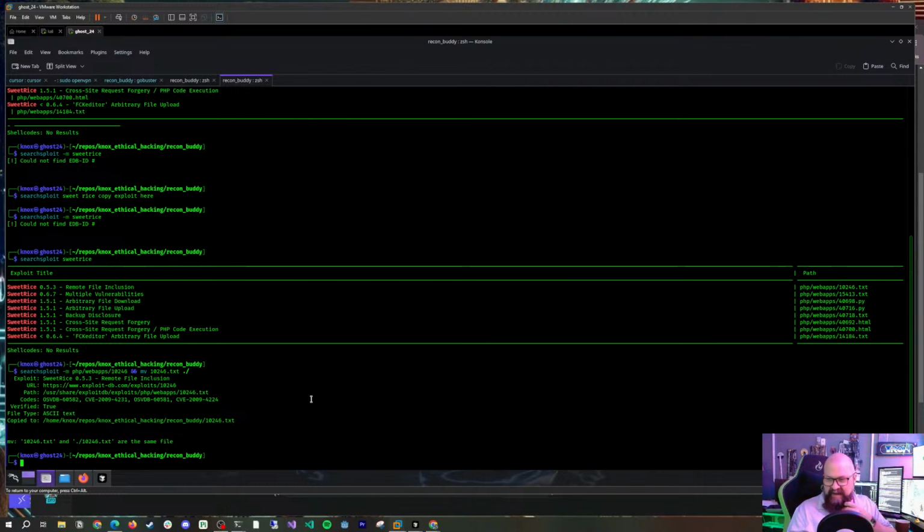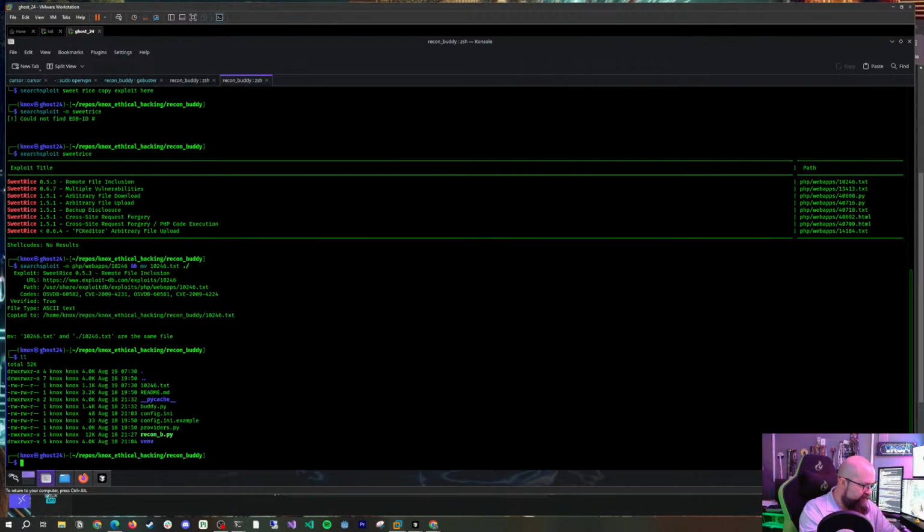So if you didn't know that, not only does SearchSploit have the whole database of these exploits out there on the web, but a ton of them are saved locally here on your machine. So it moved the file here. There it is. I actually didn't want it here. So now I'm going to move it